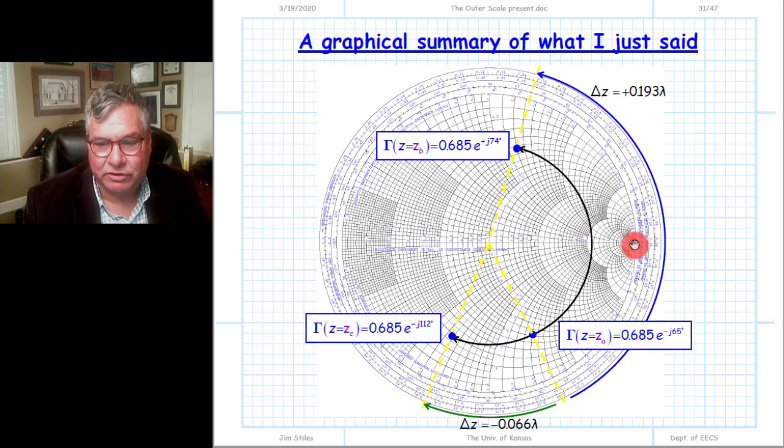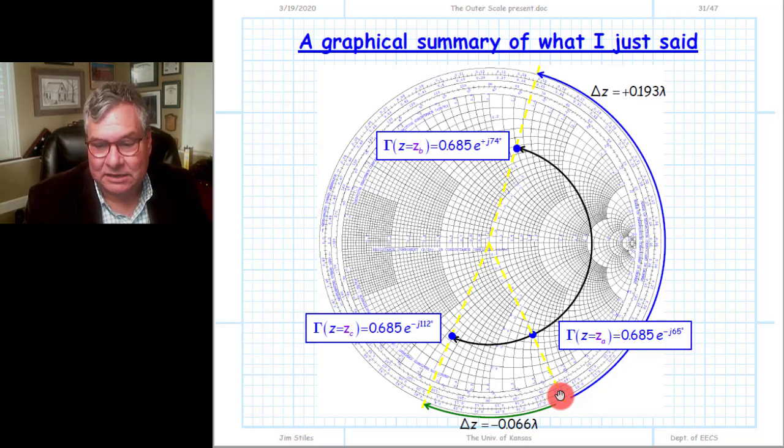And so it's a rotation here, from 0. We're going to rotate down 65 degrees to minus 65 degrees right here. And of course that then is the reflection coefficient phase angle of this reflection coefficient gamma. If we look at the index there, we find that there is an electrical length for the outer scale, y over lambda, some value. Again, it doesn't really matter